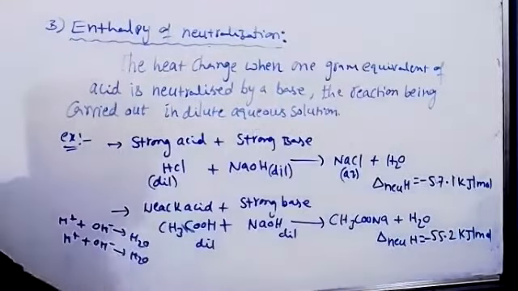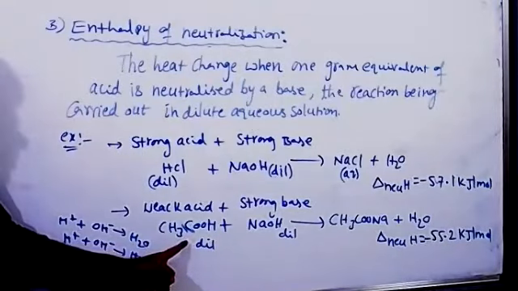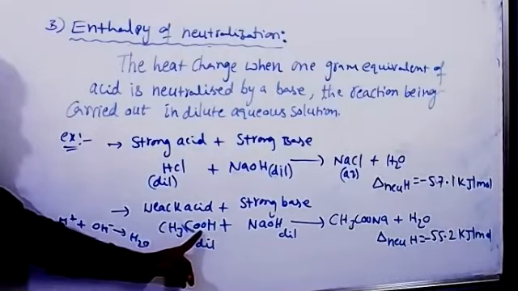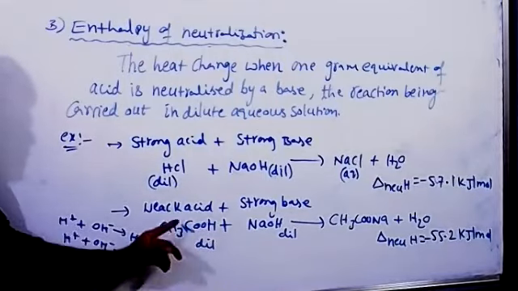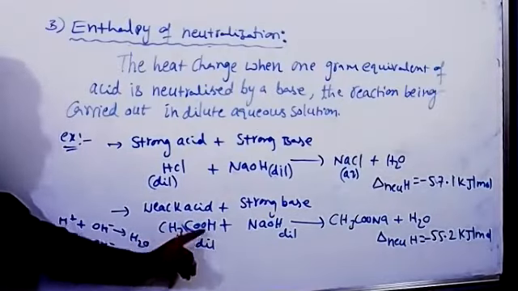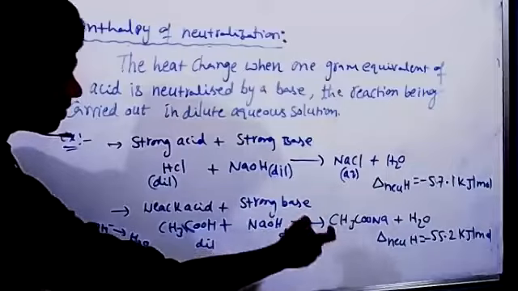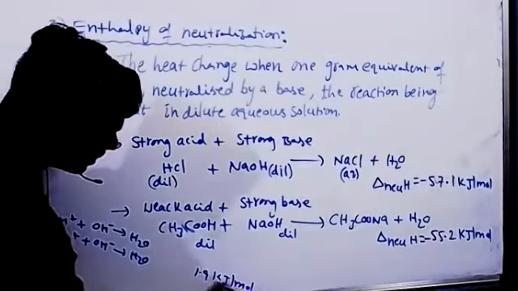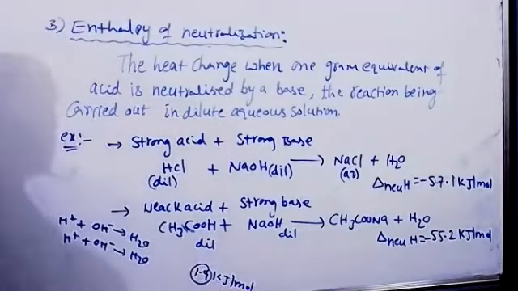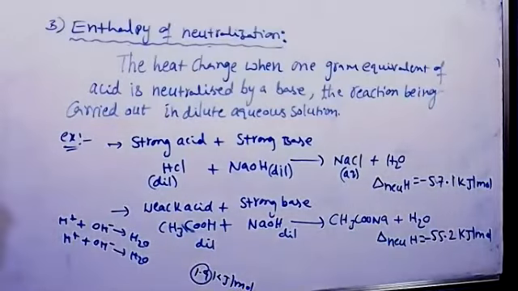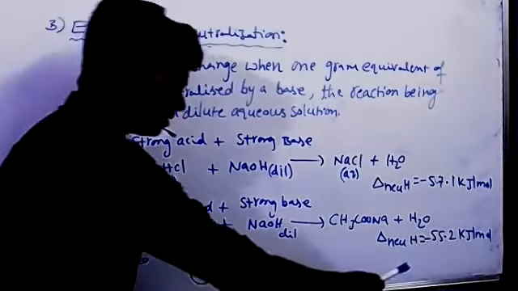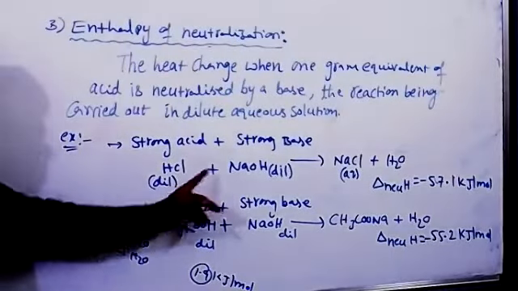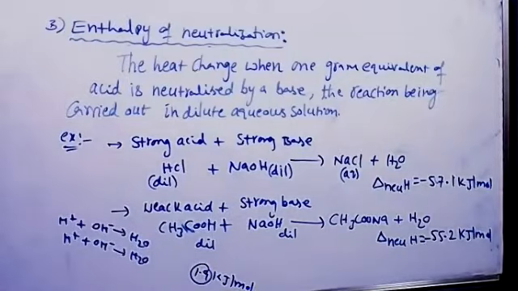The reason is this is a weak acid. Acetic acid is a weak acid. We know it won't undergo complete ionization. Only a little CH3COOH undergoes ionization. So to undergo complete ionization, CH3COOH absorbs some amount of heat. The difference between these two is 1.9. This much heat is absorbed by CH3COOH to undergo complete ionization. That's why here the enthalpy of neutralization is a lower value. But with a strong acid and strong base, we know these undergo complete ionization, so they won't absorb any further energy.